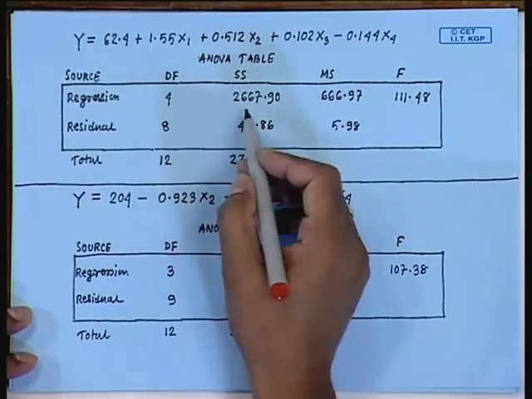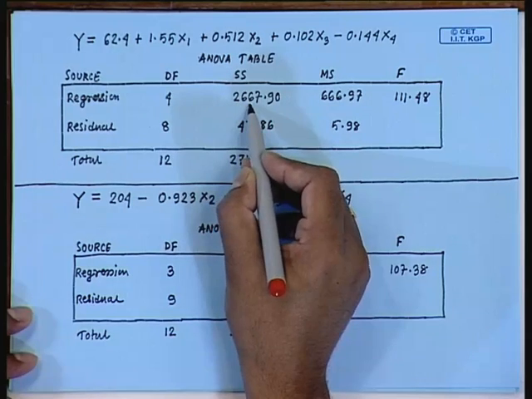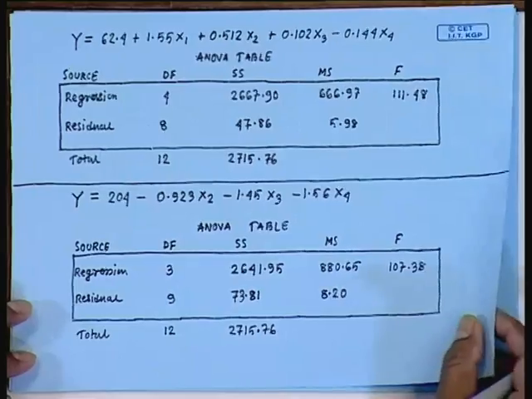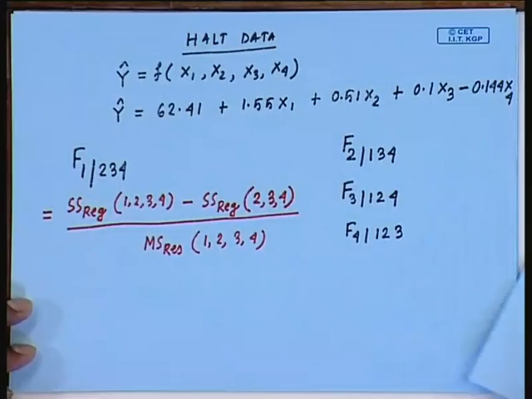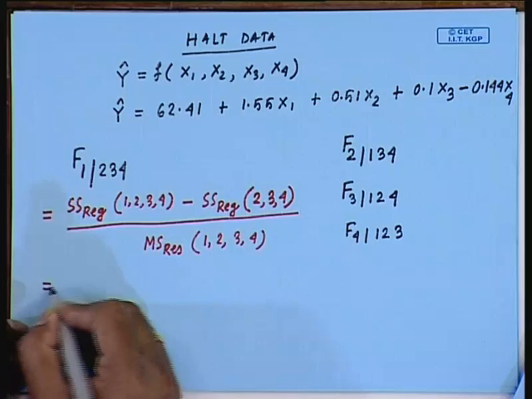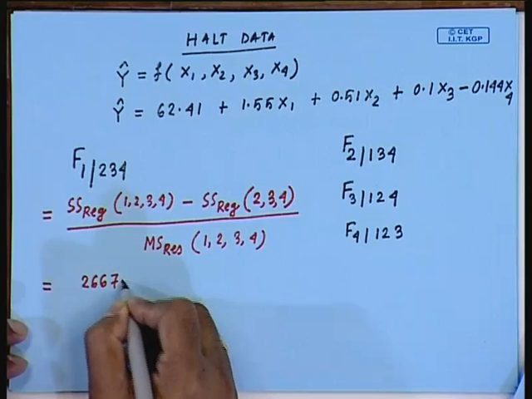Now, the SS regression is 2667.9. So, I will use this value, this SS regression for the full model, 2667.9